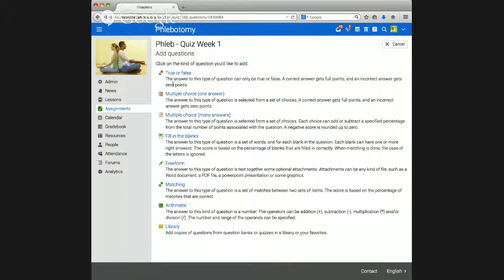Now when I add a question to the quiz, I have numerous types of questions that I can ask. So I can ask a true or false, a multiple choice with one answer, multiple choice with more than one answer, fill in the blanks, a free form. Now a free form is any type of essay response question that you require. You have matching, arithmetic, and a library, which you can go to your question bank and get things from there. So let's just go ahead and add a